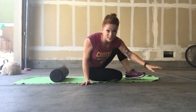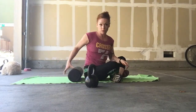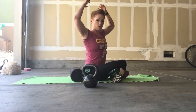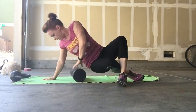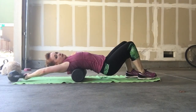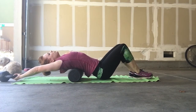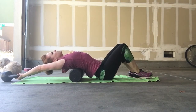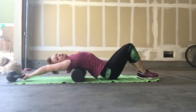One extra stretch that I really like and I'm really excited about, and that I tell people about, is you take your foam roller, and if you have a kettlebell or a weight or something that you can hold on to at the top, I put it at the base of my mat, and I take my foam roller, put it at the base of my rib cage again, and I grab the kettlebell, and I'll push it back, and I'll use that, and then I'll slowly lower my hips down while holding onto the weight, and bring it back up, and hips down, and back up, and I can keep rolling down just slightly on my rib cage to get extra stretch,